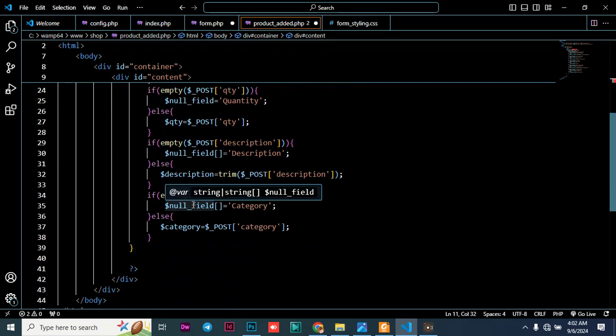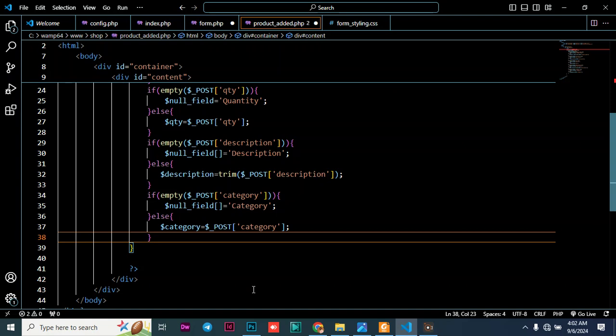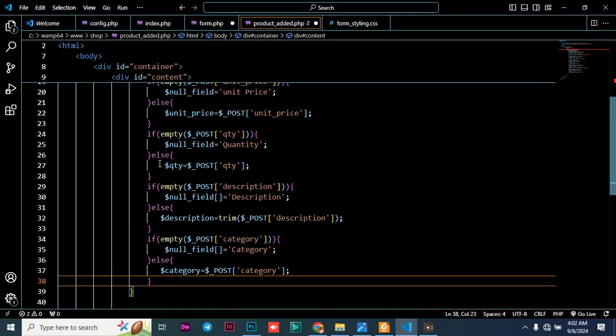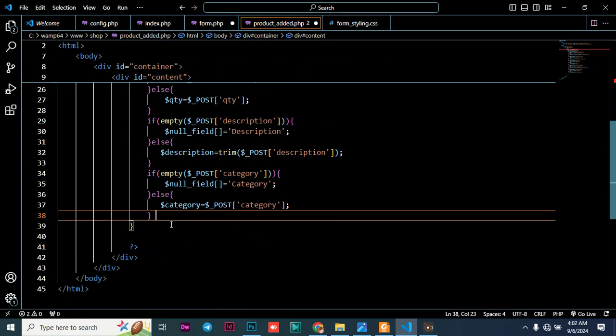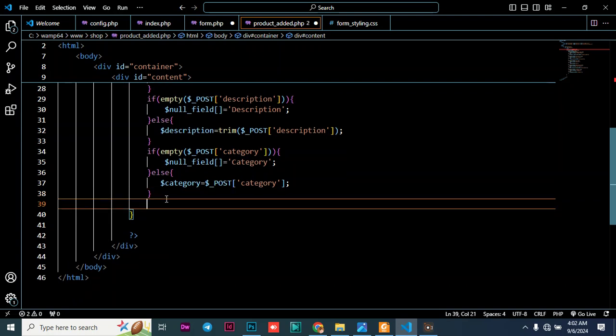Now we have done the check, and therefore we need to go to the next part, and that is to insert the values into the database. So what are we supposed to do? We just need to go to the end of this statement. We already did this, we are still under this if set. So we just click enter, and then we type there if